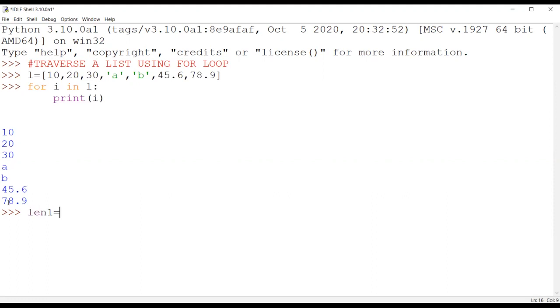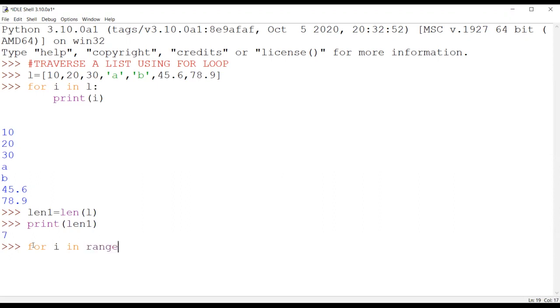So len1 is equal to length of L. I am directly applying the length function over there, and I get 7. That means 7 elements are there. So how many times do I need to run my for loop? 7 times. So let's start.